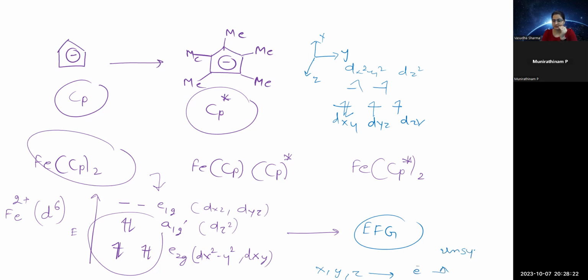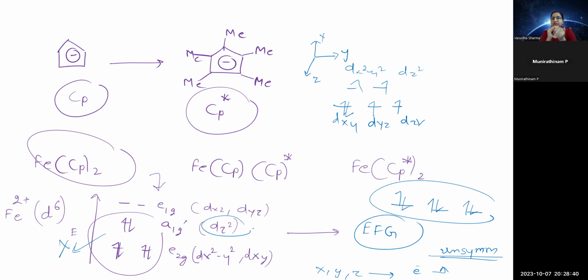That is unsymmetrical. If it would be filled in this particular way, okay, this is filled properly. This is called symmetrical filling. This is not called symmetrical filling. It is still unsymmetrical. If you see x square minus y square, xy, it has more electron density compared to the z direction, so that is not symmetrical. For symmetrical filling, it has to be an equal distribution of the electron density along the 3 axes. That's why, because of unsymmetrical filling,